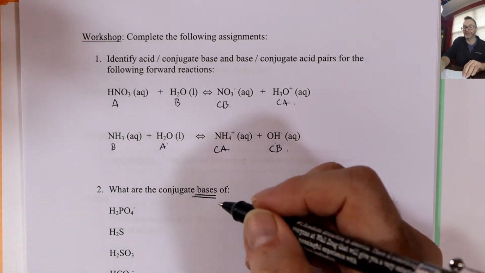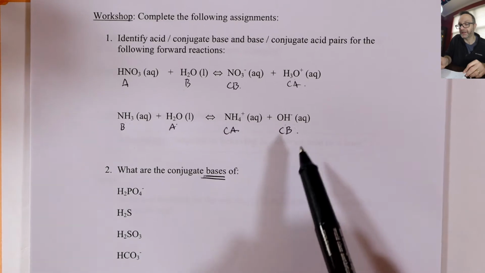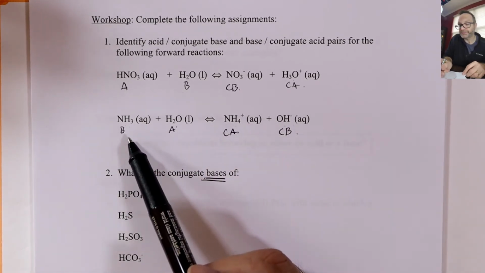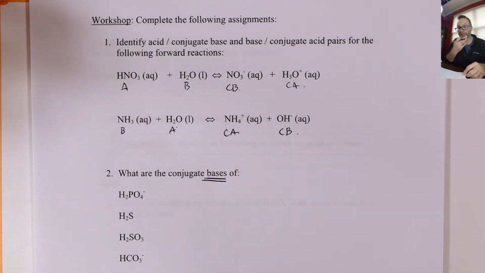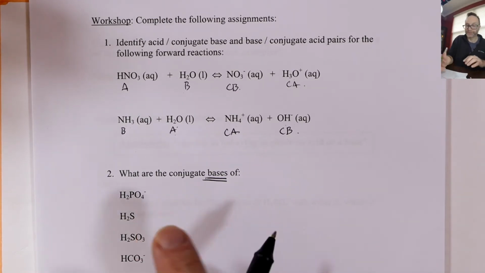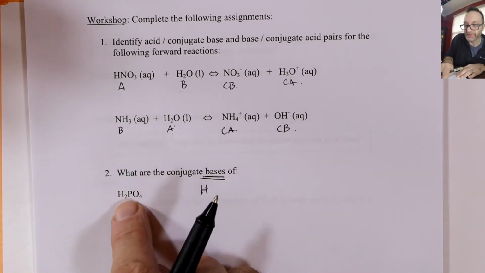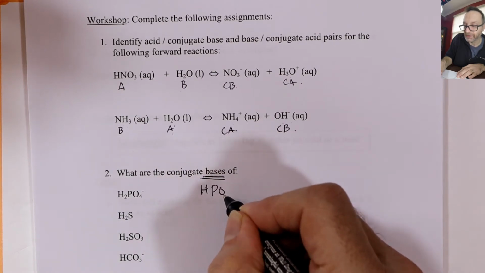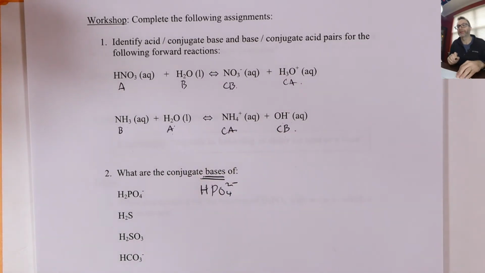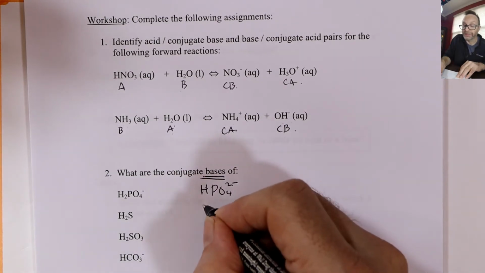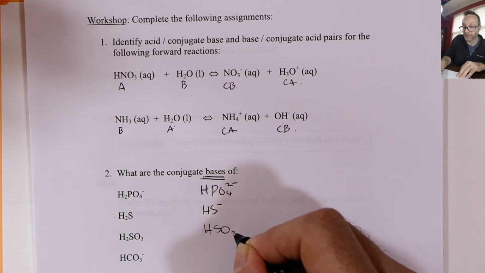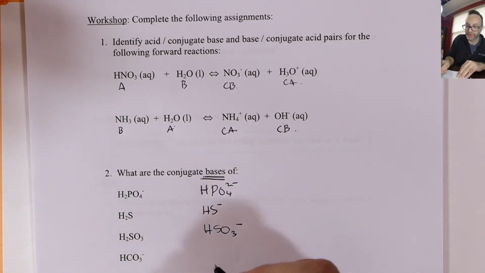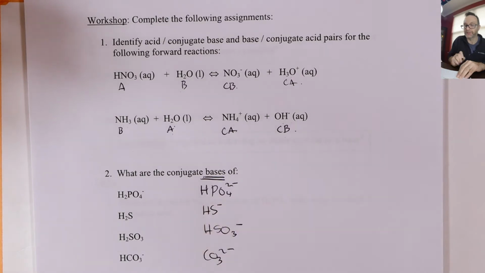All right, what are the conjugate bases? Now be careful here, right? So conjugate base, let's just look up here as an example. H2O acts like an acid and you make a base, right? So the conjugate base is a proton less. What would be the proton less for this guy? Remember we lose a proton, so it's not H2, it's H1, and we lose a plus, so we gain a minus. Hopefully that makes sense, right? If you do that same logic, HS minus,